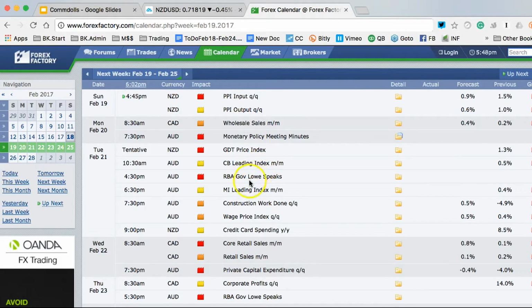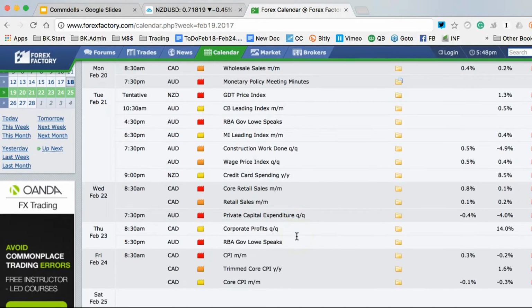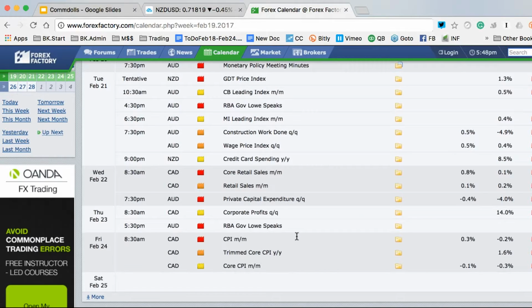Governor Lowe speaking, and that'll be interesting to see if he sets the tone for the RBA in any way, shape, or form. And then retail sales. We have PCE, which is a very important data set out of Australia. Private capital expenditure is expected to be better than the month prior, but still negative. Retail sales out of Canada, and then finishing up again with CPI out of Canada,